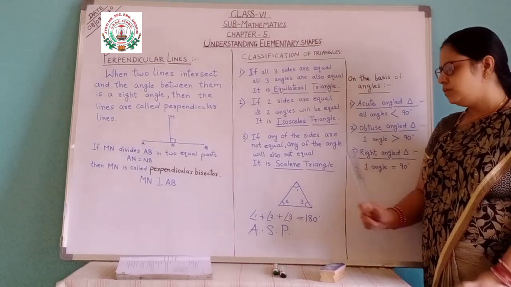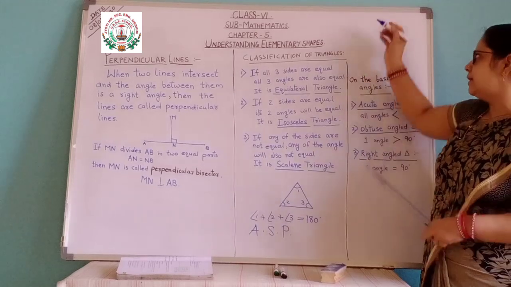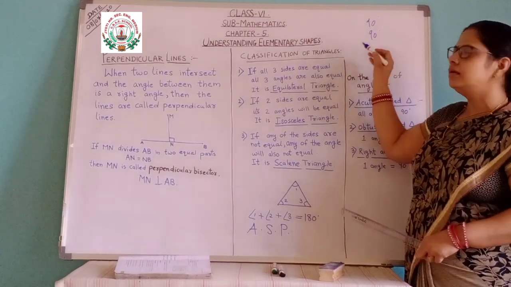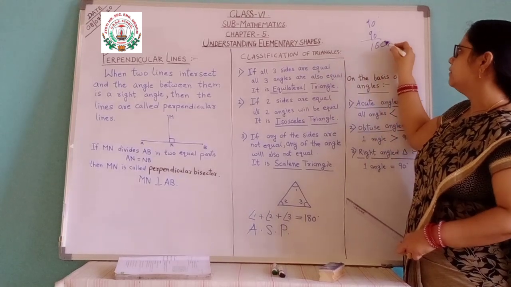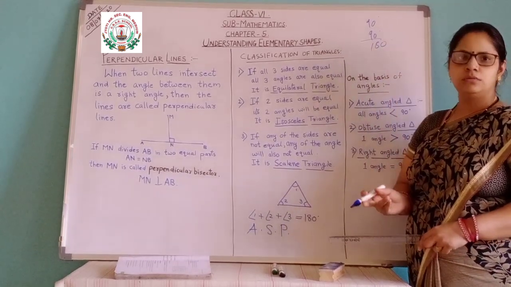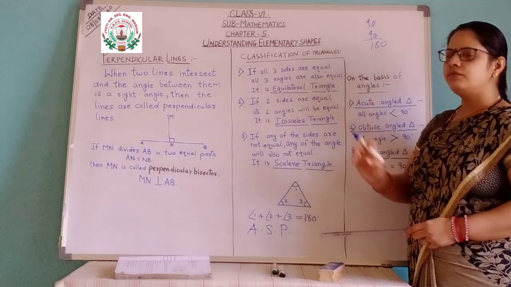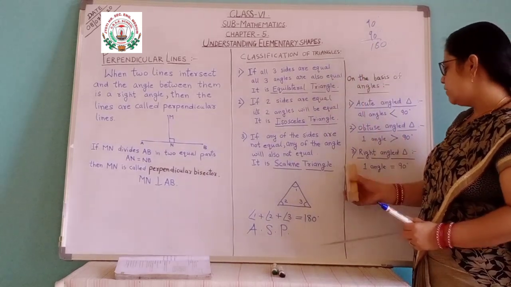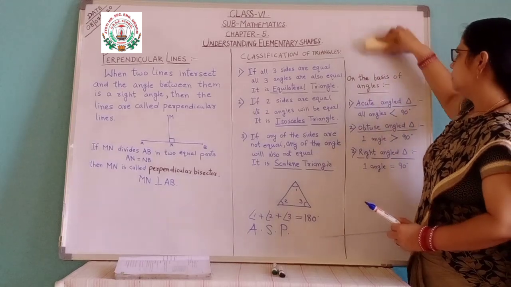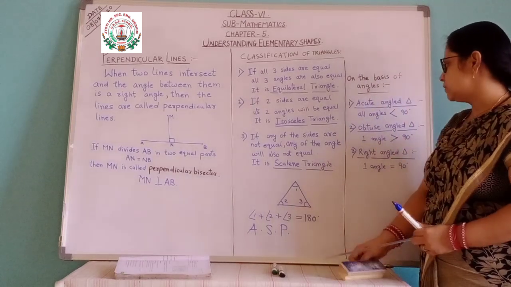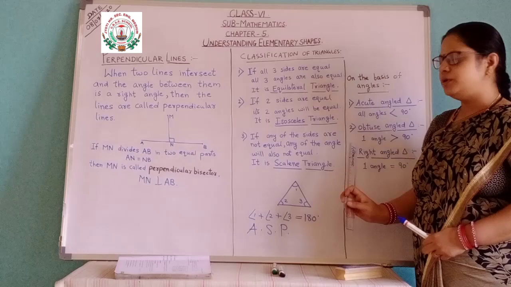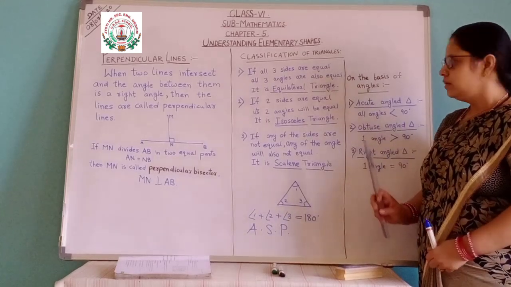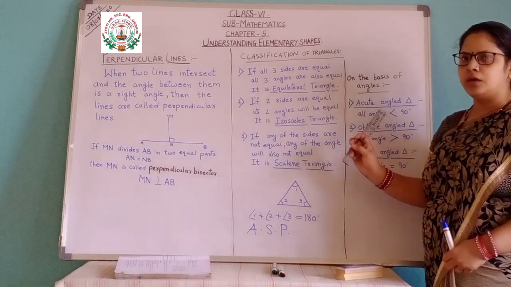Because if you are taking two right angles, one angle is 90 degrees. If the other is also 90 degrees, here only you will get 180. Then what about the third angle? You will not have any measurement for the third angle. So this cannot be a triangle. So only one angle can be 90 degrees, and the same for obtuse also. Only one angle can be obtuse, so only one angle will be greater than 90 degrees. And for acute, all three can be acute angles.